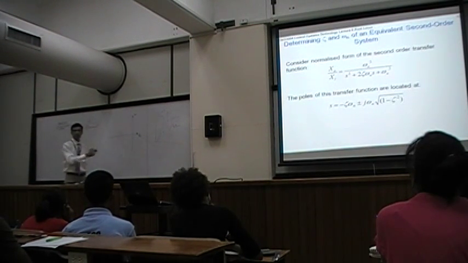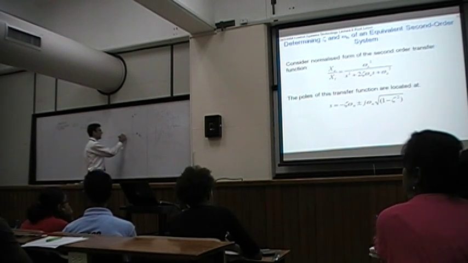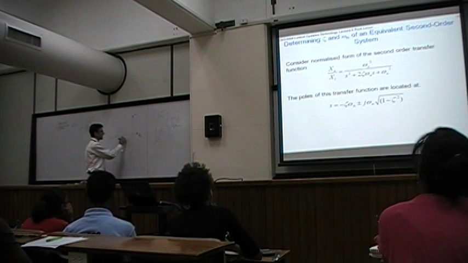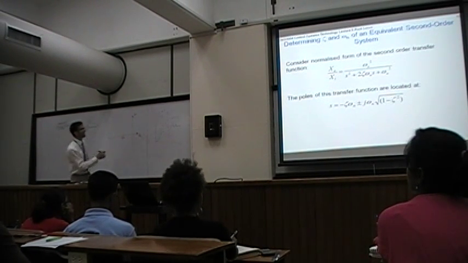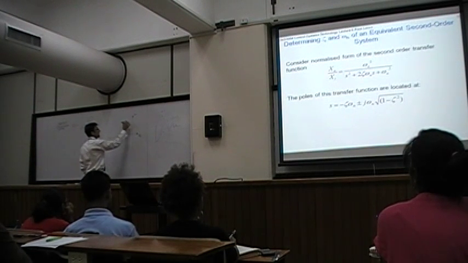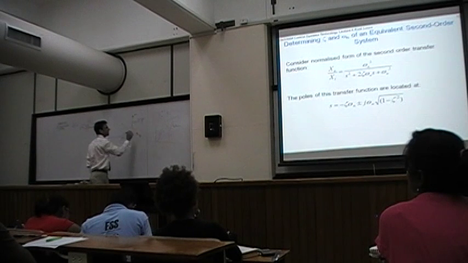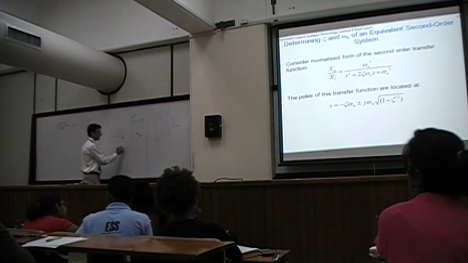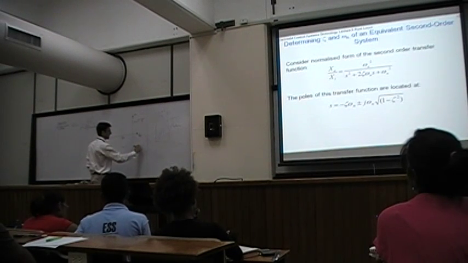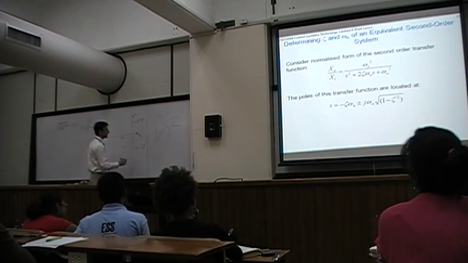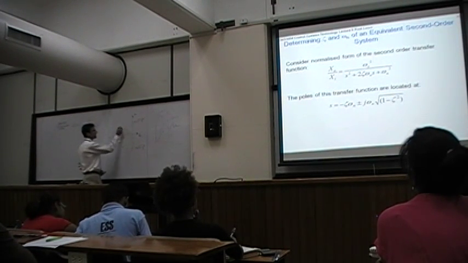What's going to be the location of these poles? We've got a value here of minus zeta omega n, and the imaginary part is going to be omega n root 1 minus zeta squared. And there'll be a complex conjugate down here, with minus omega n root 1 minus zeta squared. Okay? So if we were to draw a straight line